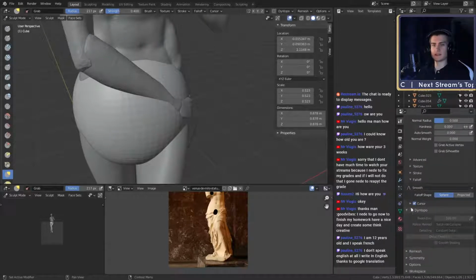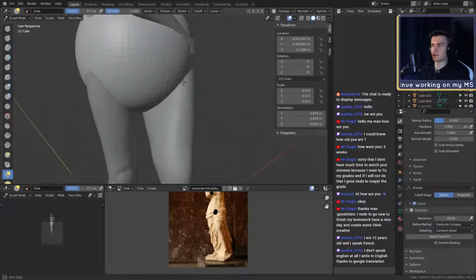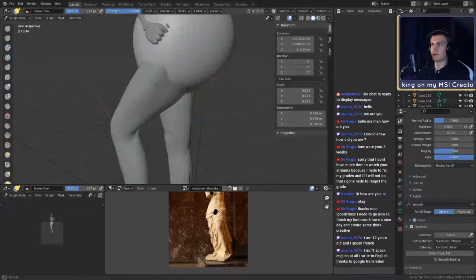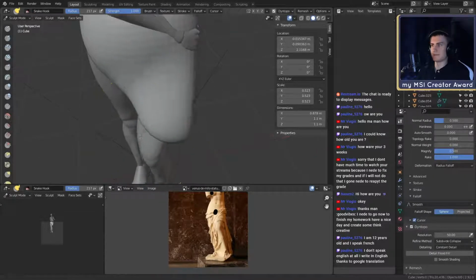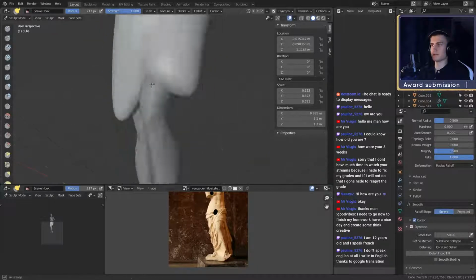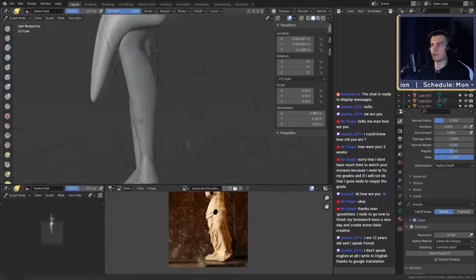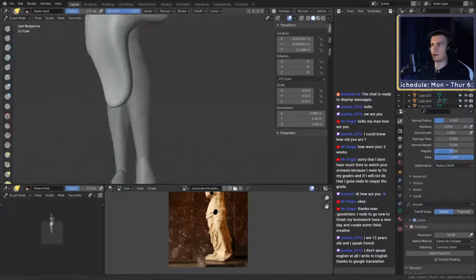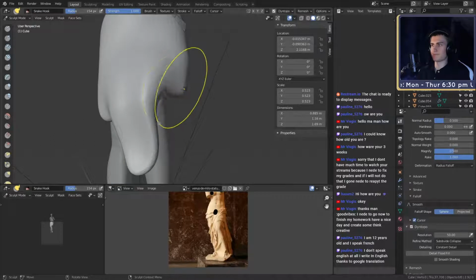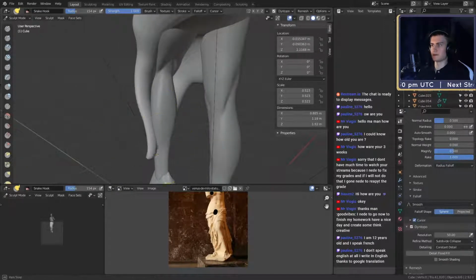Okay. Where's my tool setting? Dynamic topology. We put that to 50. Let's make a nice cloth, or like a fabric. So first of all, I need my snake hook. There you go. I could pull it, make it longer. First of all, cover the legs. Then I can put in some more shape into it. Let's see. Pull that down. Okay.